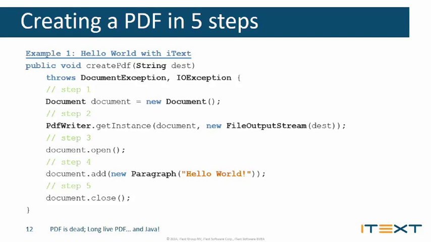So, first step, you create a document object, which is like an abstract concept of a document. Then we have to make sure that this document can be written to PDF syntax, which is done by a PDF writer. And in this case, it writes to a file output stream, so we'll create a file on disk. You can also write to memory or wherever, but we'll keep it simple and just write to file. We'll have to open the document before we can start doing stuff to it. We add a simple paragraph here. So iText has all these high-level building blocks like paragraphs, tables, lists, list items, but we just do a Hello World paragraph here. And then we close the document.